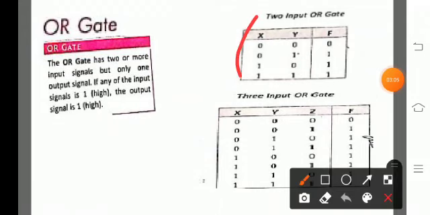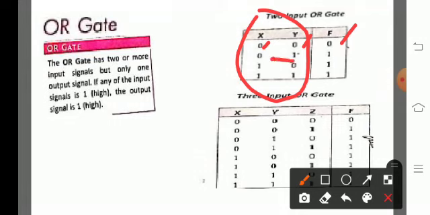See here we have two inputs. First input signal is 0, that is low. Second input signal is again 0, and the answer is also 0, using the OR operator concept. Then 0 plus 1 is 1, 1 plus 0 is 1, 1 plus 1 is 1, like the OR operator, for your reminder. But the original concept is signal 0 is low, 1 is high. So low plus high is equal to high only.